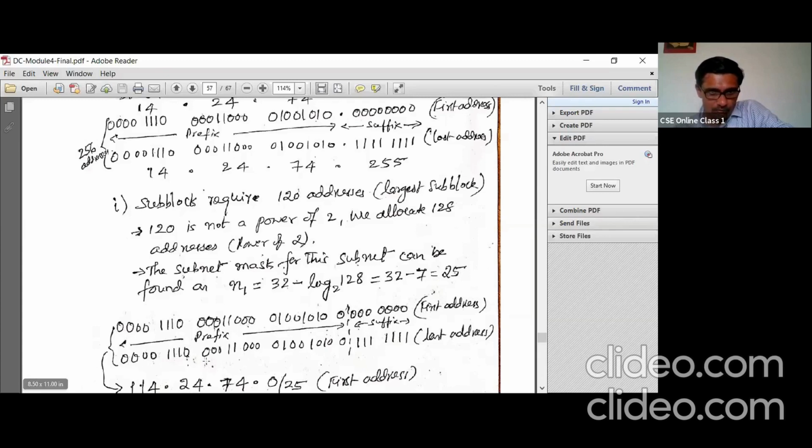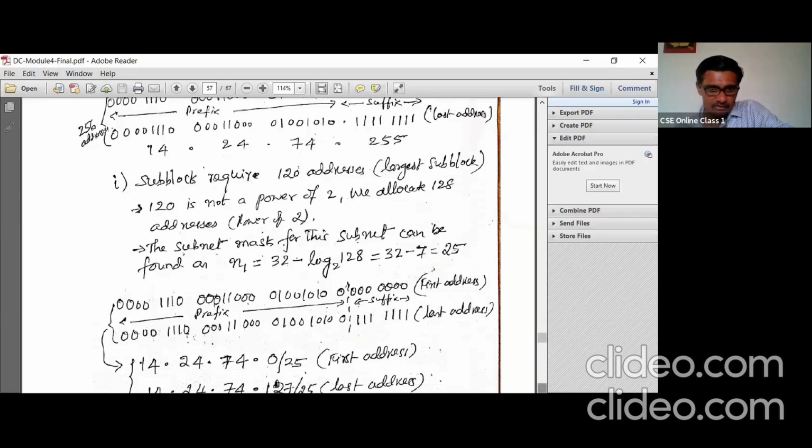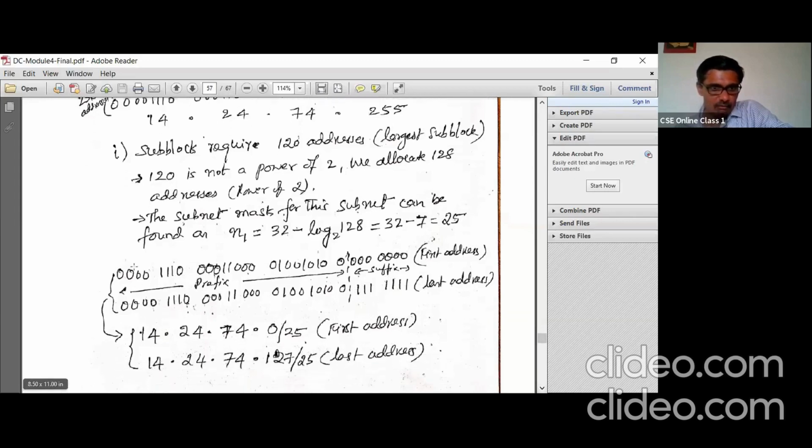Similarly, how do you find the last address? Retain the prefix bits and make all suffix bits equal to 1. Now you convert that into decimal. In the first address, 14 is the decimal equivalent of the first byte, 24 the second, 74 the third byte, and the least significant byte is 0.